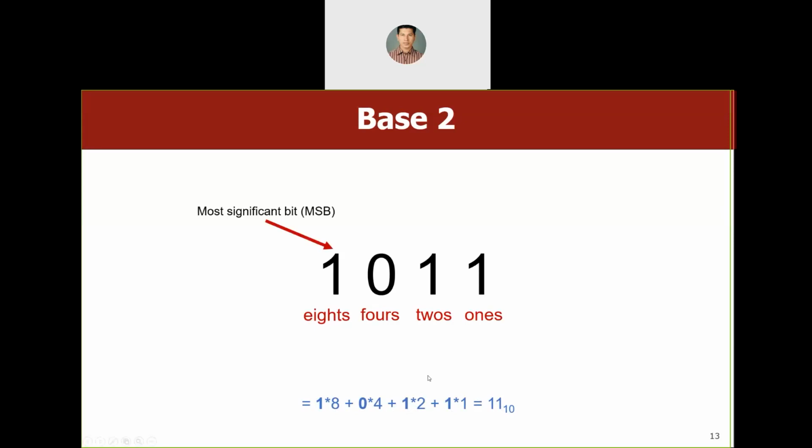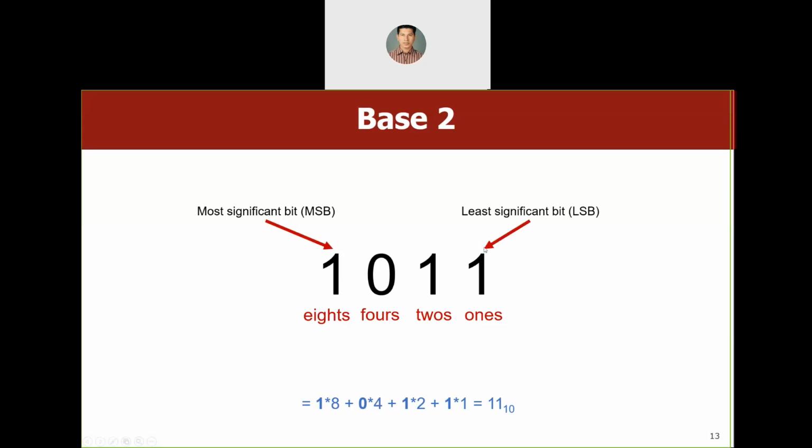So the leftmost bit, in any binary number, the left-hand side bit, is called the most significant bit when we see it face to face. This is called MSB, or most significant bit, and the right side one is called LSB, which is least significant bit. Least significant bit means what?